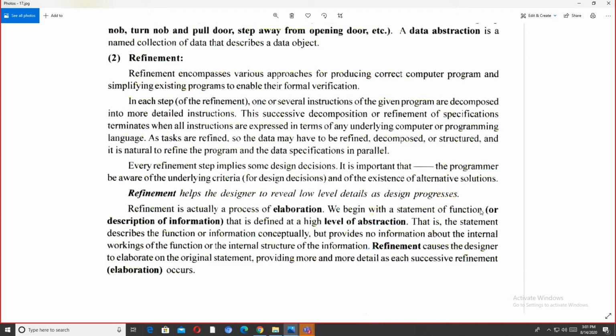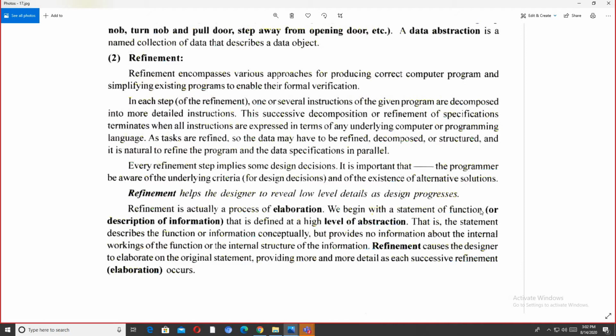Refinement encompasses various approaches for producing correct computer programs and simplifying existing programs to enable their formal verification. What is formal verification? Formal verification is when you have created a particular source code and the source code is further verified by its corresponding modules and subprograms and subprocesses,